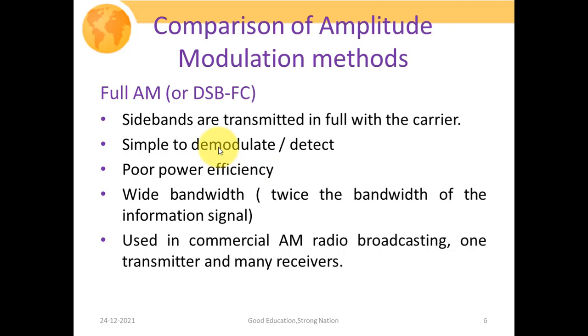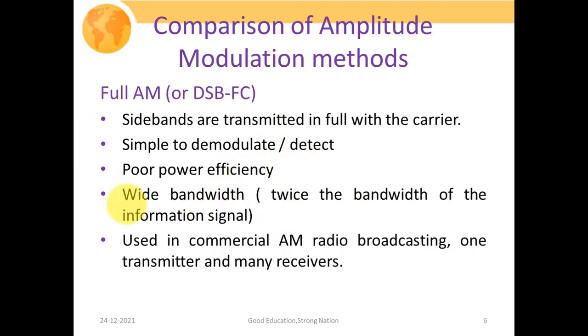And in a similar fashion, in order to demodulate, a simple envelope detector could serve the purpose, which contains nothing but a diode as well as a capacitor. Obviously its efficiency is very low, since most of the power would have been contained in the carrier and very little power in the sidebands. So the power efficiency is quite low when we are talking about traditional AM signals.